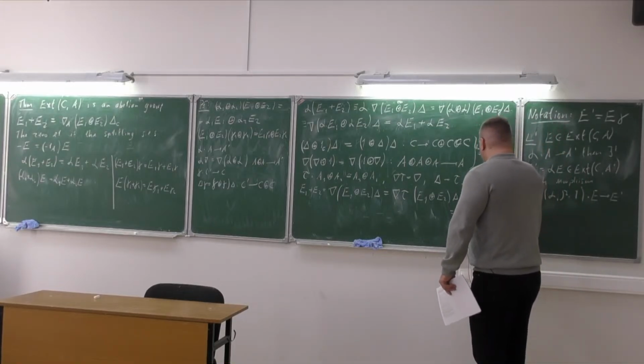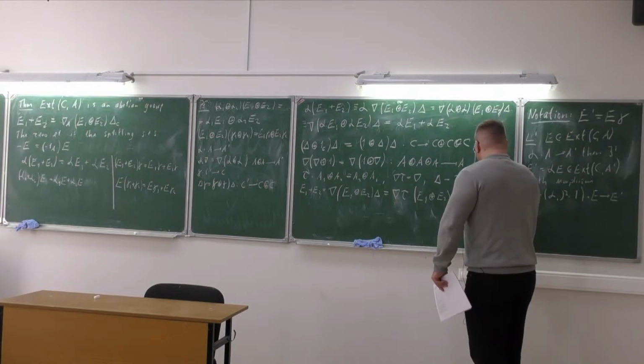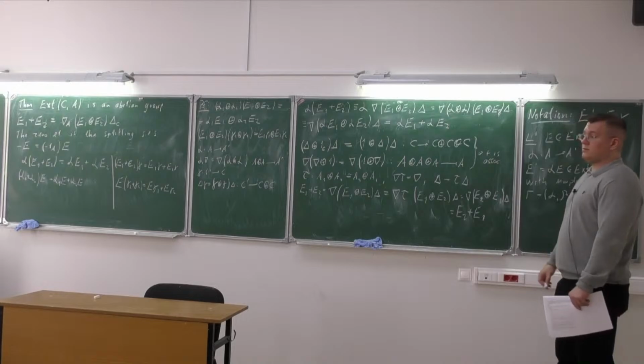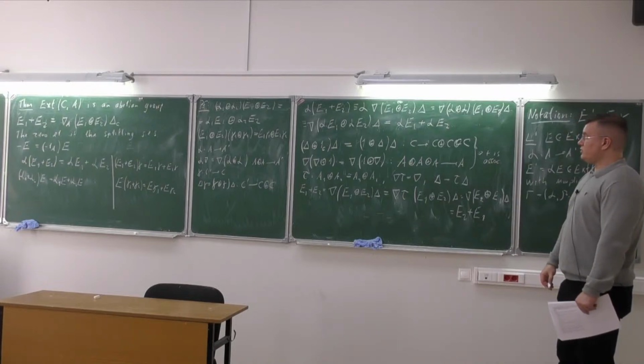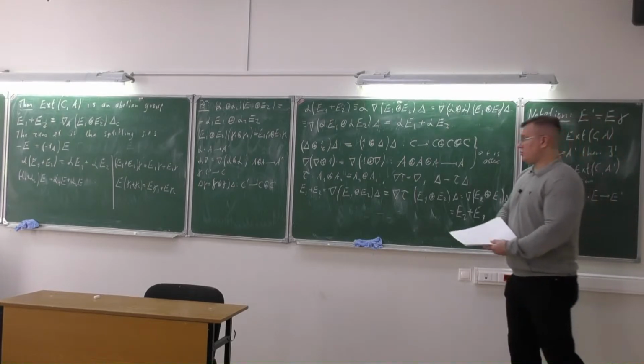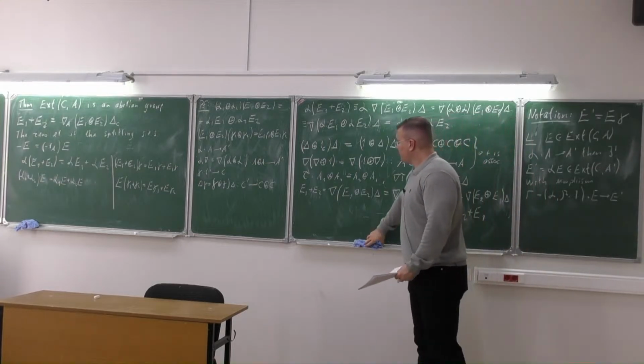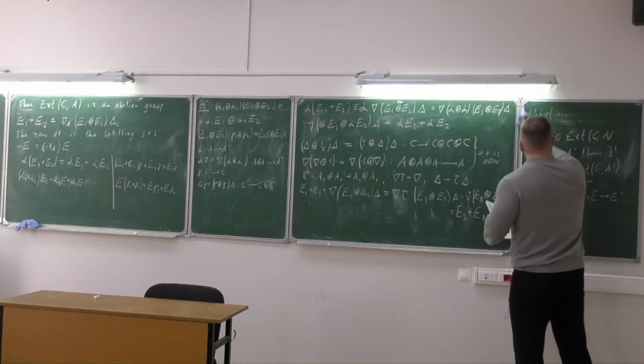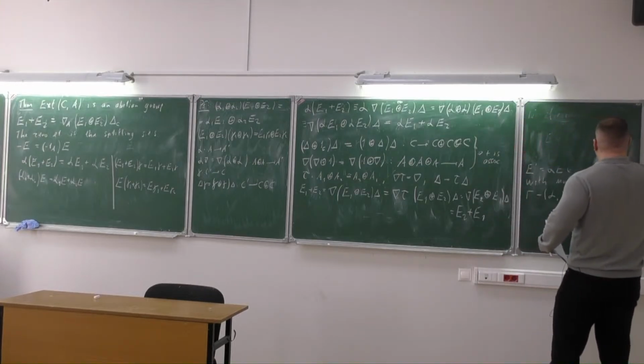Oh, anyway, so the answer is that this is E2 plus E1. So this operation is associative and also commutative. So we have an abelian group, and also we can notice that